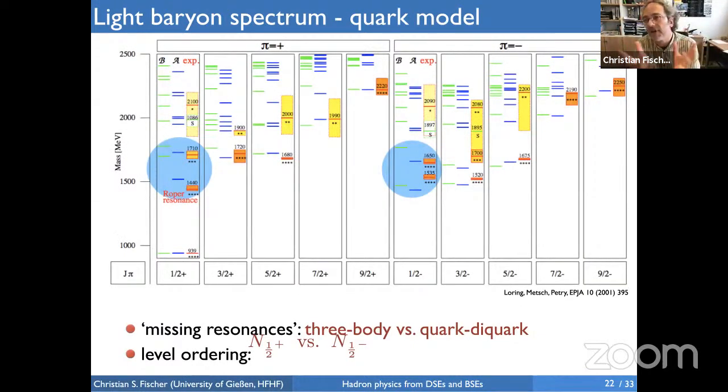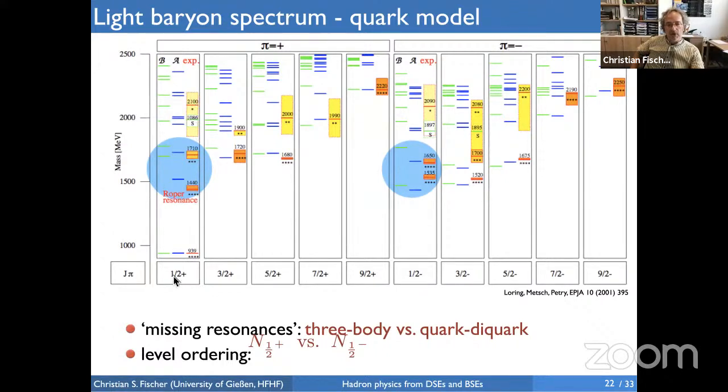Let me first discuss some physics issues that are interesting when we look at baryons. This is a quite old plot from 2001 from the Bonn group. It shows, first of all, the experimental extractions of baryon masses, the baryon spectrum that was known in 2001. So here, for example, we see the proton, the neutron, the first radial excitation, the second radial